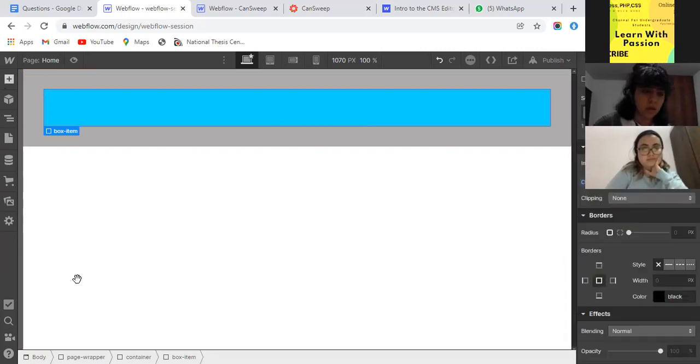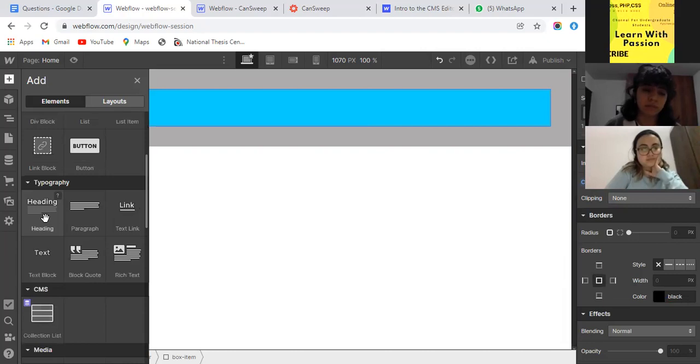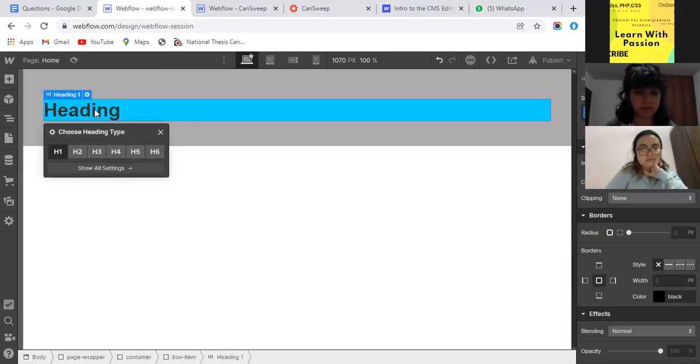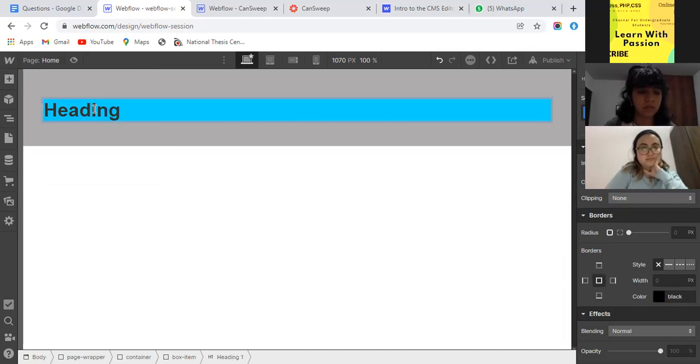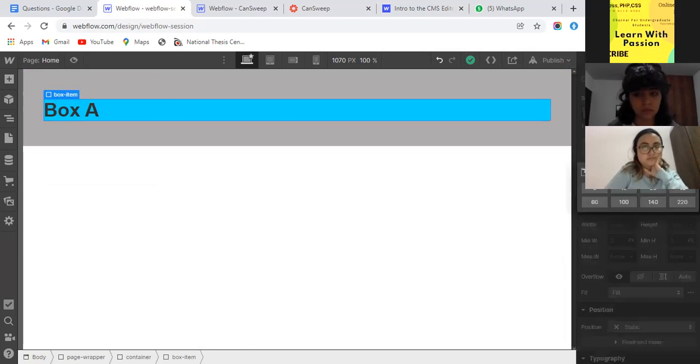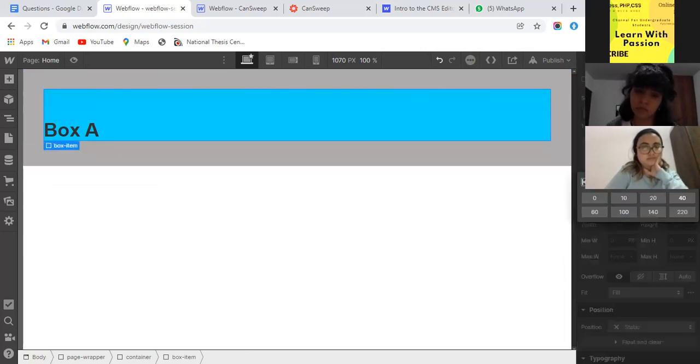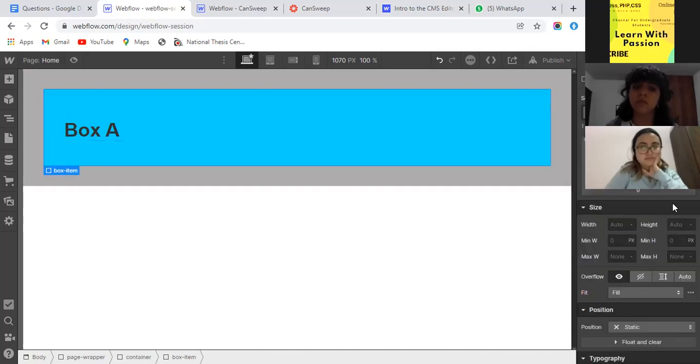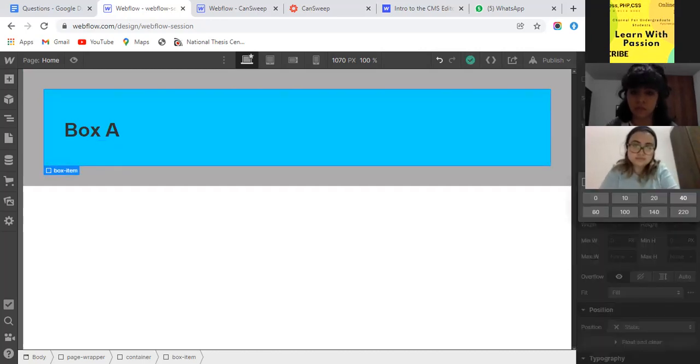We have some heading inside it, like Box A. And inside this box item I am also defining some padding to get some space from this heading, like 40 from top, 40 from left, 40 from right, and 40 from bottom.